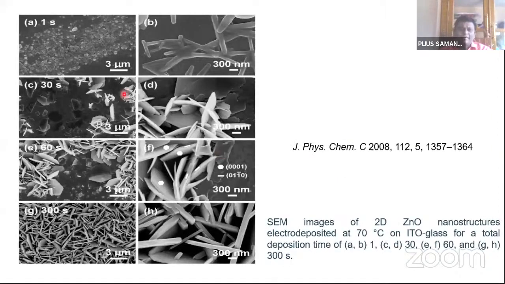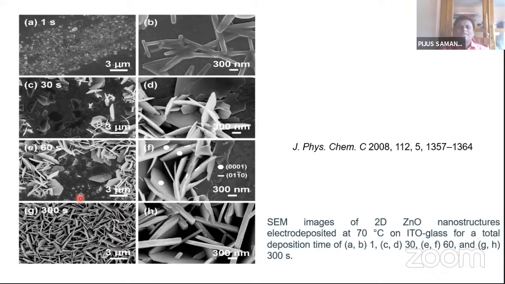And I will show you over here the effect of time. You see this is the growth of zinc oxide nanostructure by electrochemical method, and the temperature was maintained at 70 degrees Celsius, and it was grown on ITO coated glass substrate. You see, initially the growth was this, and if we increase the growth duration like 30 seconds, 60 seconds, 300 seconds, you see the morphology of the materials changes. And these are the magnified images of the corresponding images. The magnified image of this one is this. So you see the morphology gradually changes on increasing the growth duration.